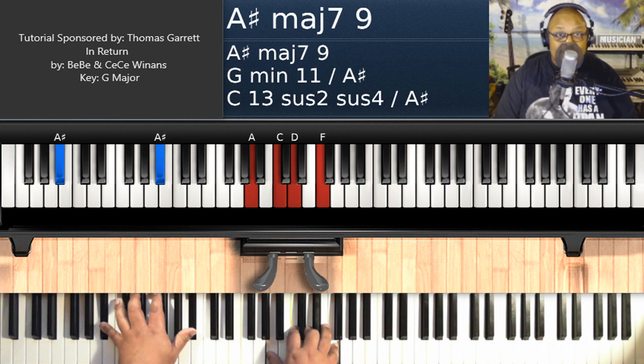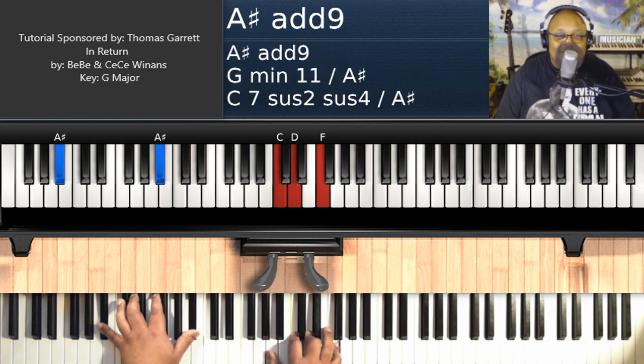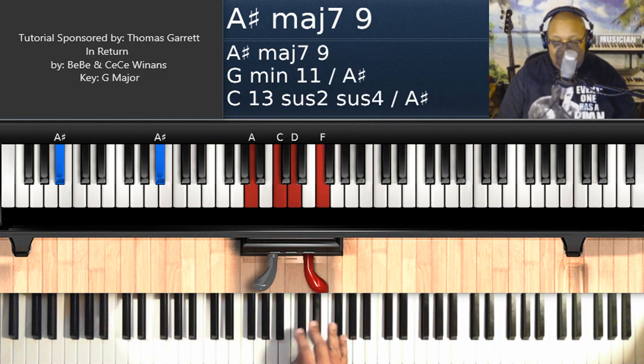A sharp major 9. On the chord sheet, I wrote B flat major 9 because I don't like the name A sharp major 9. It doesn't sound nice. B flat major 9 just sounds like a better name, and it's the same notes. I'm just letting you know. But anyway, for the purpose of this video, I'll call out the notes correctly. A sharp on the left hand, A, C, D, F. So far we have